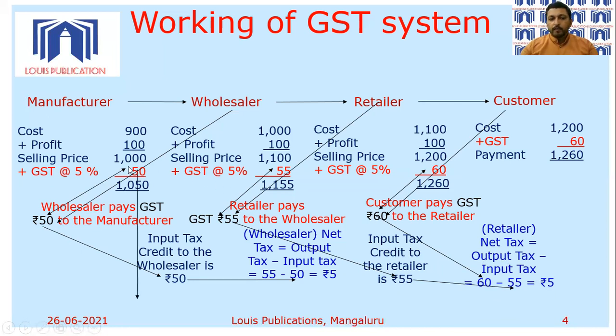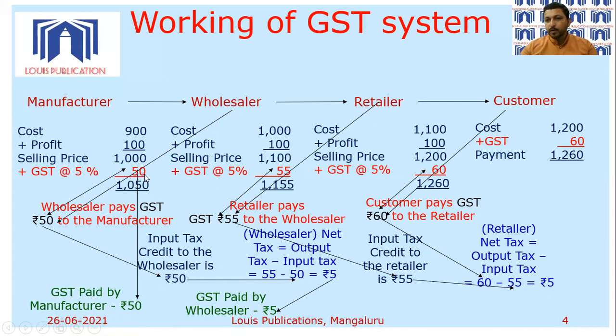Let's understand now. From the manufacturer's point of view, the manufacturer will pay to the government rupees 50, whatever GST is collected from the wholesaler. Next is how much amount will be paid by the wholesaler. The wholesaler will pay only rupees 5, only net tax 5 rupees, because 50 rupees he has already paid to the manufacturer. He has collected 55 rupees from the retailer. So the net value, only 5 rupees, is supposed to be deposited with the government, provided the manufacturer uploads the invoice and that original invoice is also uploaded by the wholesaler. So only then this net input tax credit will be available.